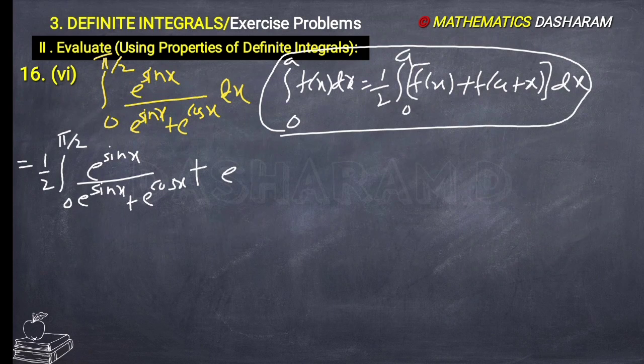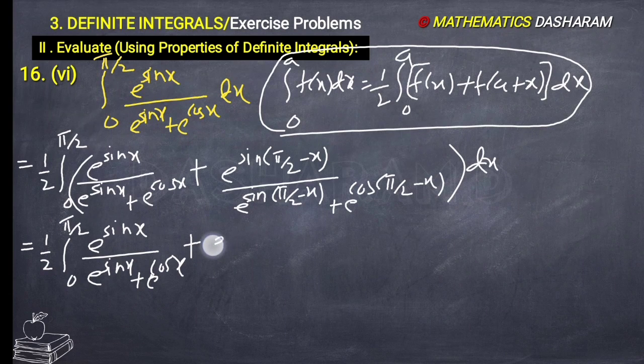That means substitute x equals pi/2 minus x. So e^(sin(pi/2 minus x)) divided by e^(sin(90 minus x) is cos x) divided by e^(cos x). E^(cos(90 minus x)) is